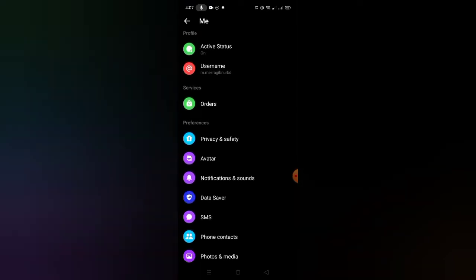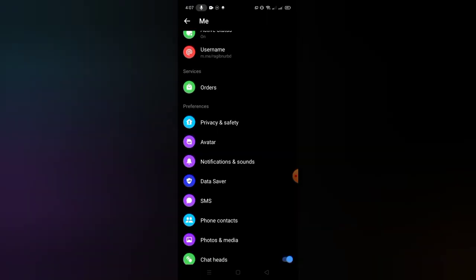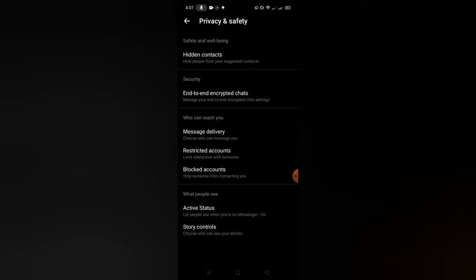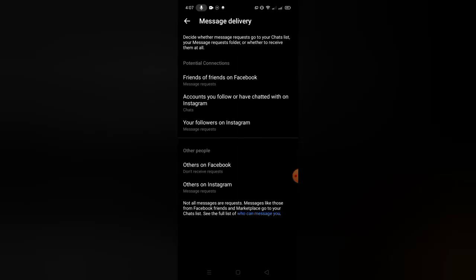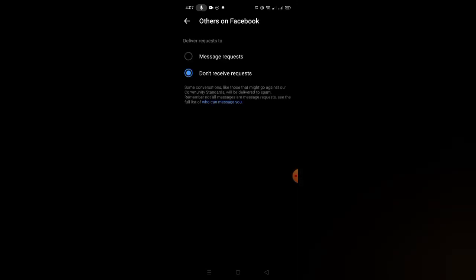Scroll down a little bit. Click Privacy and Safety. Click Message Delivery and click Others on Facebook and click Message Request. Make sure that tick mark on Message Request and minimize it